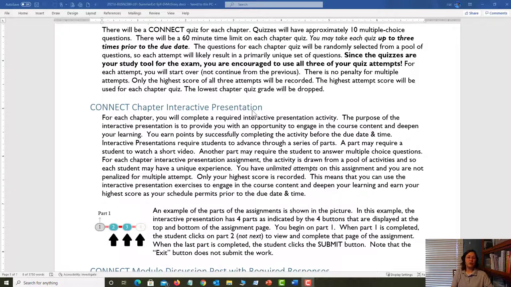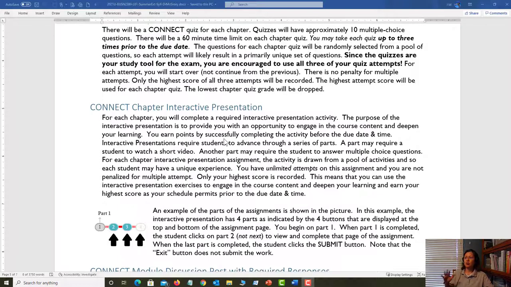Chapter interactive presentations. Now this might be a little bit new, different for you. You're going to go in, it says you have these required interactive presentation activities, and think of it as going to the class lecture, except it's more interactive. So you're going to earn points by successfully completing the activity, whatever it happens to be, before the due date and time.